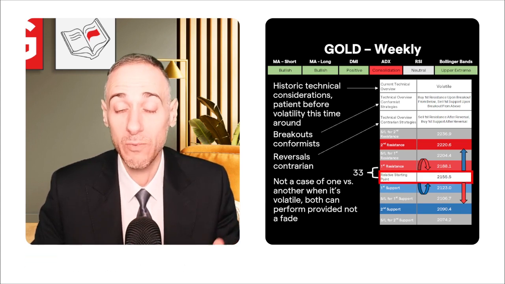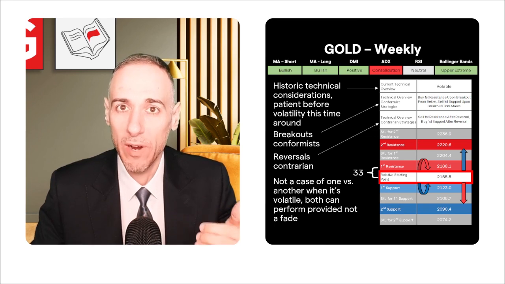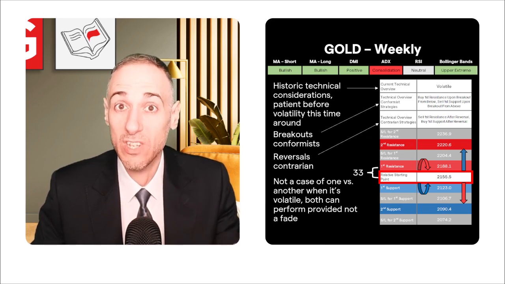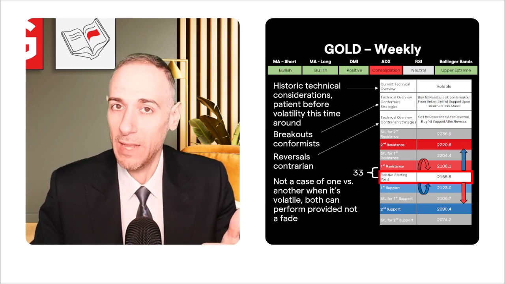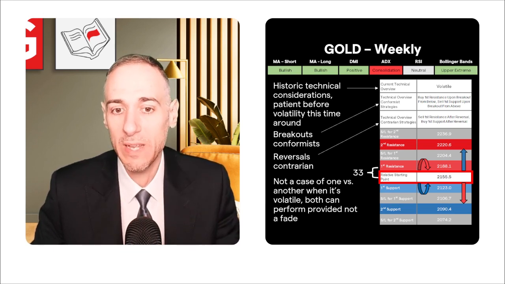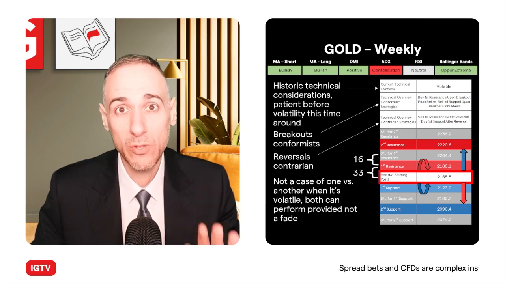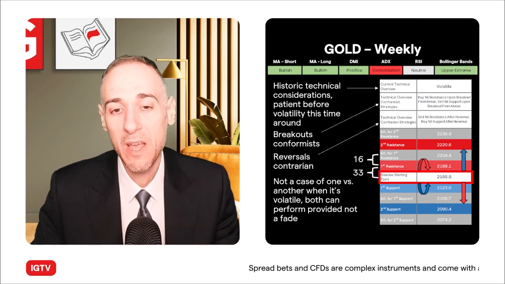What about the gap between the RSP and the first? Keep in mind, for the weekly, these levels take some time to acclimatize to the recent volatility. That's the reason why in the beginning of a volatile move, breakouts do very, very well. Afterwards they start to struggle, because levels have adjusted and the market has got used to it, so getting follow through past the first level becomes more difficult. But for the time being, the gap is 33, and from the first to the stop loss, depending on your risk reward, at your discretion, I always say this, it's 16.